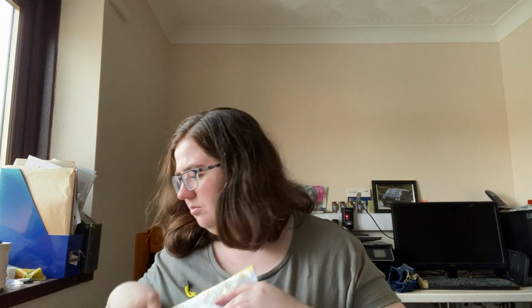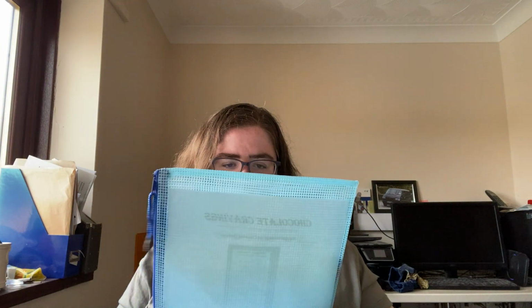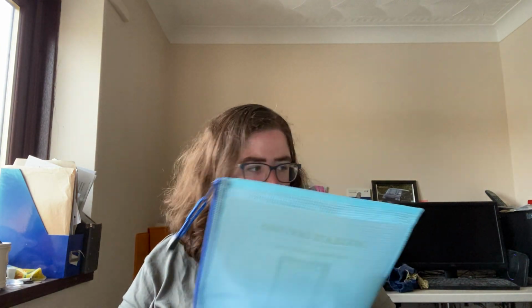Got an empty zip in it, honestly. Chocolate Cravings, which I showed you last time, but I've got the fabric and some of the floss now. I need to go through this and see which one. Right, this one, I don't think I showed you because I was waiting for...